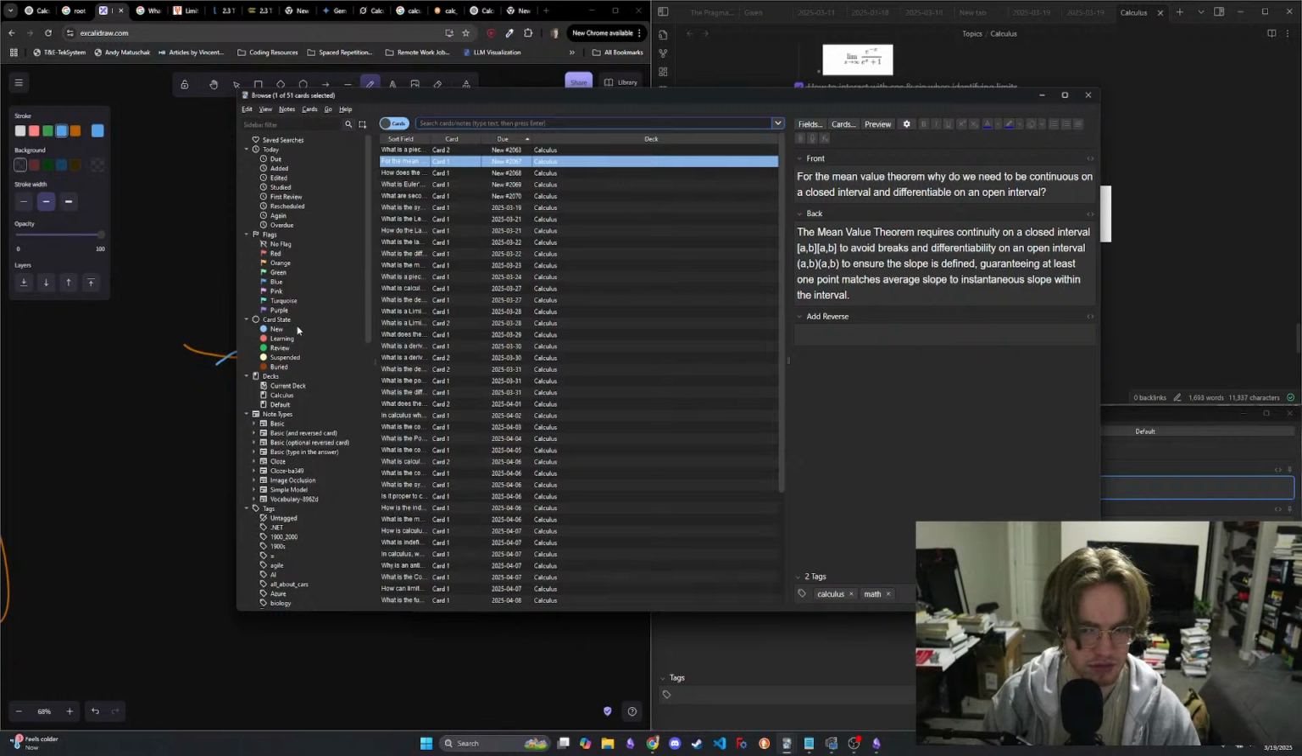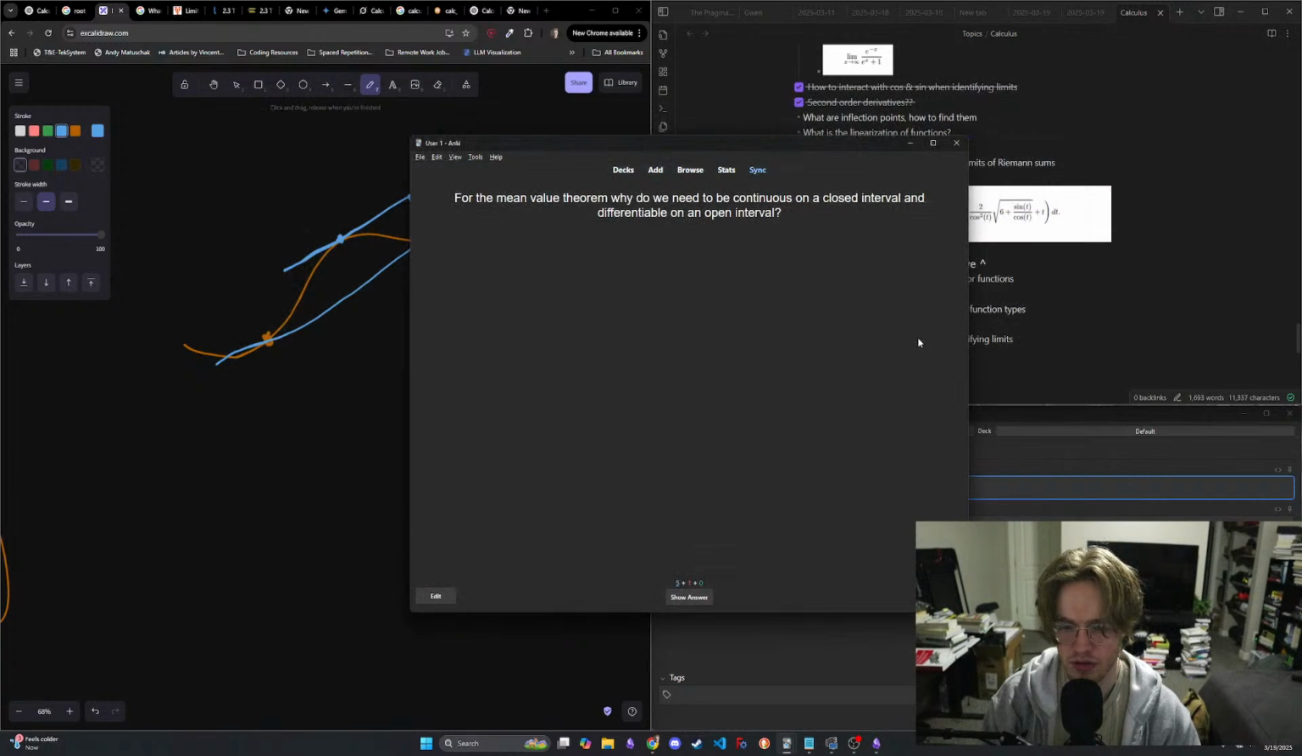Do I have... It seemed like I just had the same question there. Oh, the syntactical difference. Okay. So this is closed or square brackets. I was thinking that I had the same question, but the first question was slightly different. For the mean value theorem, why do we need to be continuous on a closed interval and differentiable on an open interval? Continuous on a closed interval, because if it weren't the case, then